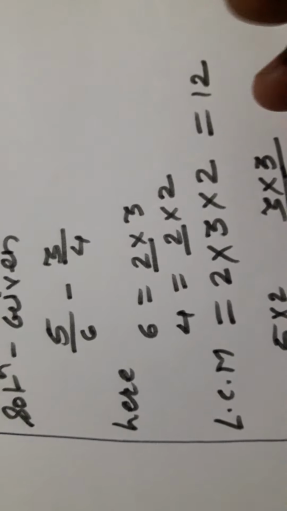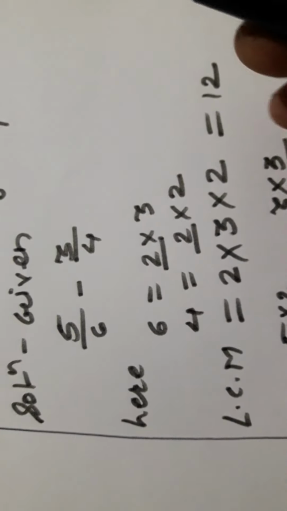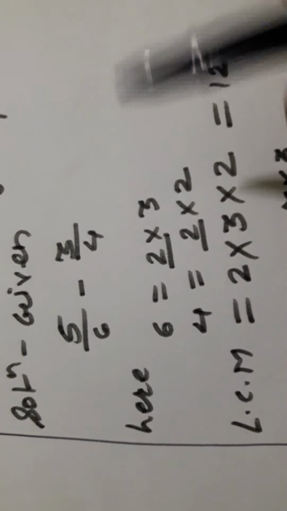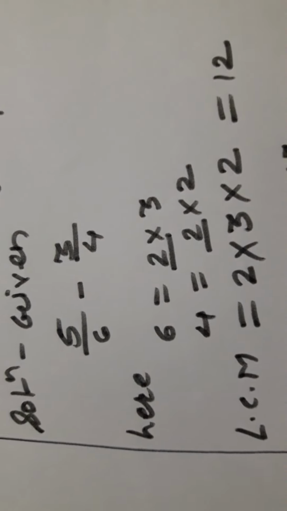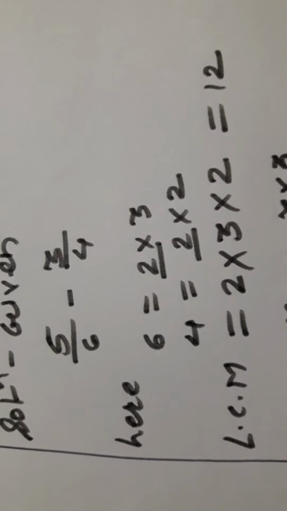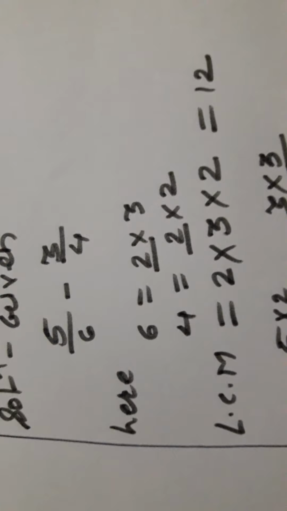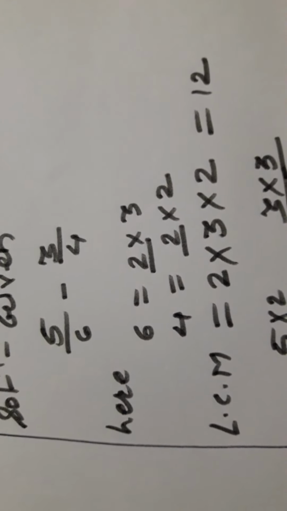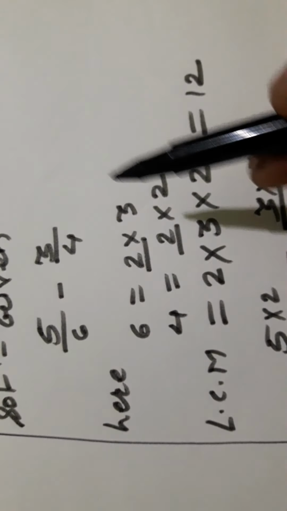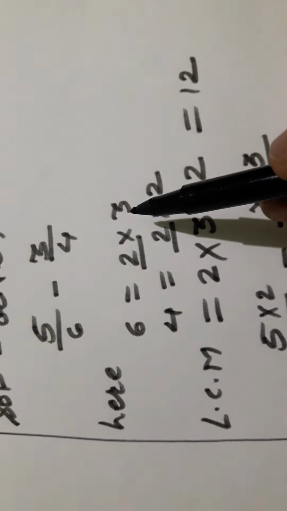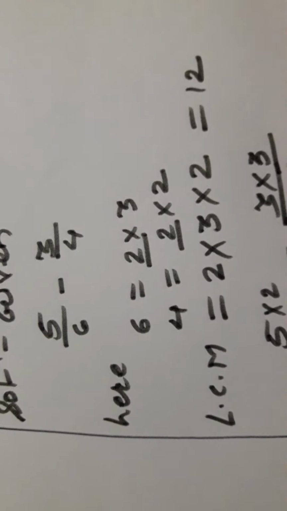Here the one important thing is to find the factors, and those should be the least ones. Now see here, 6. We got the factors 2 into 3, 6. Some of you may feel, can we write 6 into 1? No. Why don't we write 6 into 1? Because the factors of 4 are 2 into 2. That's why we have to find the lowest factors.